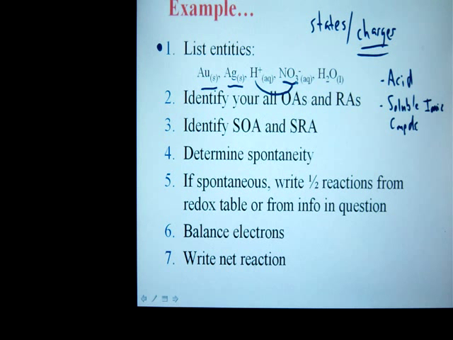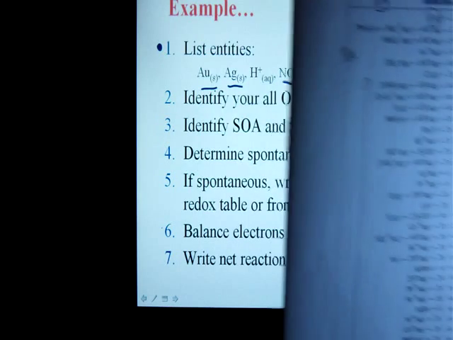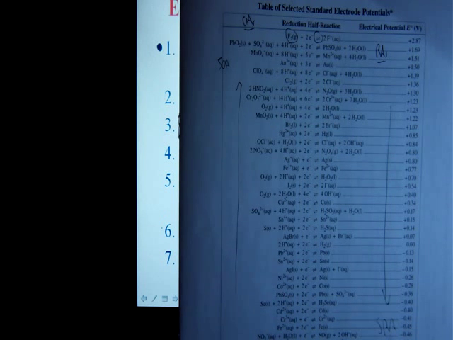Now, once you've taken care of that, then we're going to go ahead and use my data table to determine everything as being an OA or an RA. Turn on the lamp here so you can see this data table a little better. Well, that's a bit dark. However,